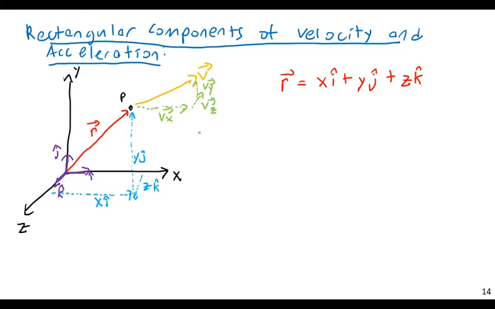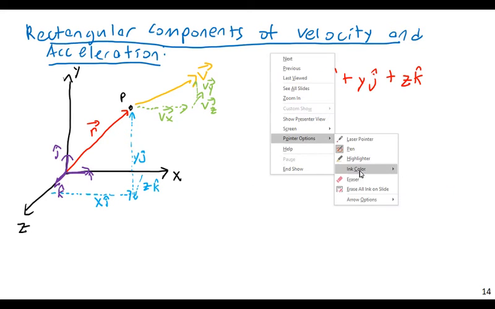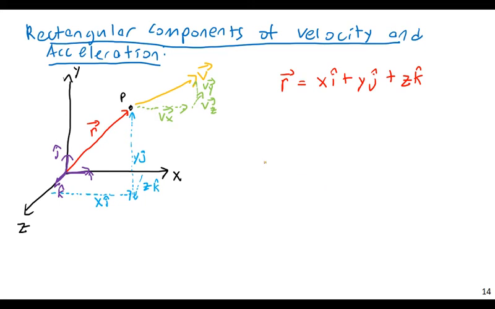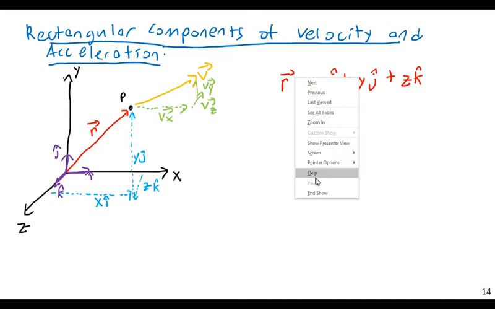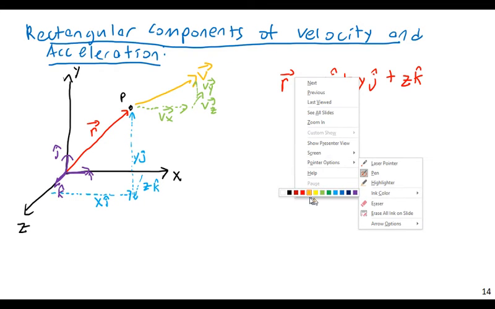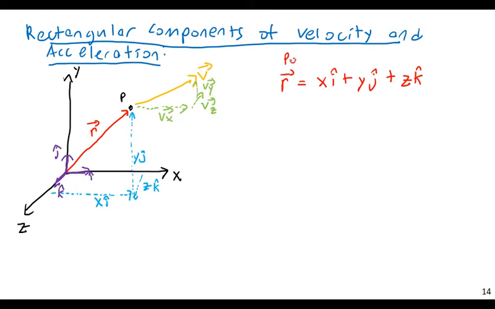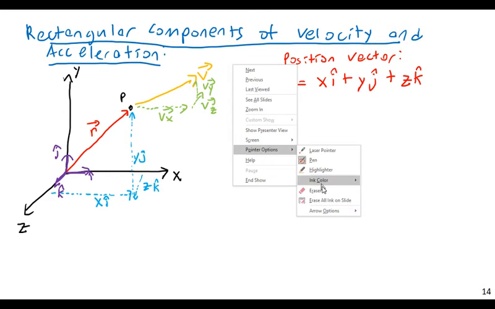Drawing this many 3D vectors is always difficult. The important thing is more of the math. So again, this is the position; let me label this as the position vector. The velocity vector